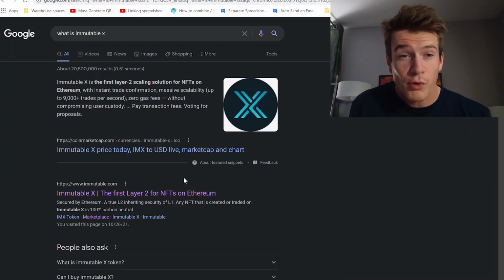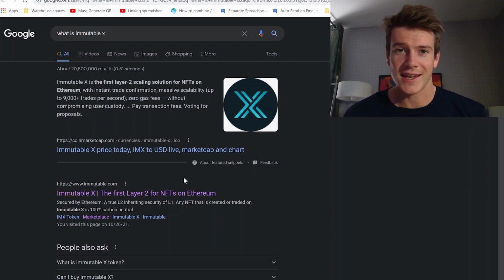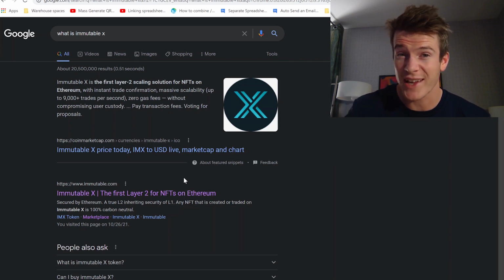So Immutable X is the first layer 2 scaling solution for NFTs on Ethereum. What does that mean? As a layer 2, it is built on the Ethereum blockchain, Ethereum being the layer 1. And what is the biggest benefit? Well, the biggest thing is that this layer 2 solution is scalable and able to do 9,000 plus transactions per